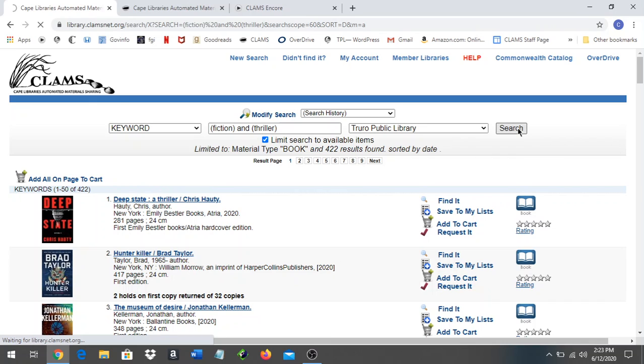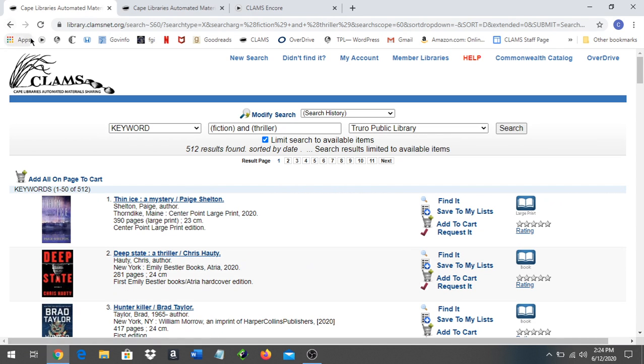If it doesn't work, you'll see this result get larger. If it gets smaller, then you know that you've removed any books that are already currently checked out. If this number gets larger, you can always hit the back button up here to get back to your previous results. As you can see, my number increased because by limiting search to available items, I took away my material